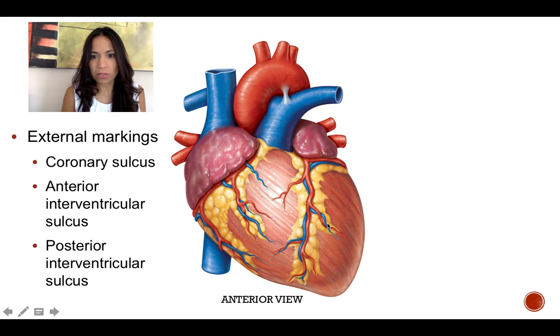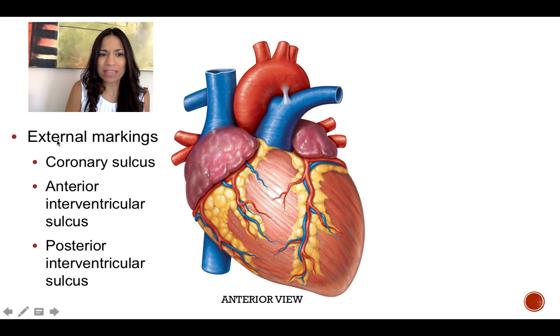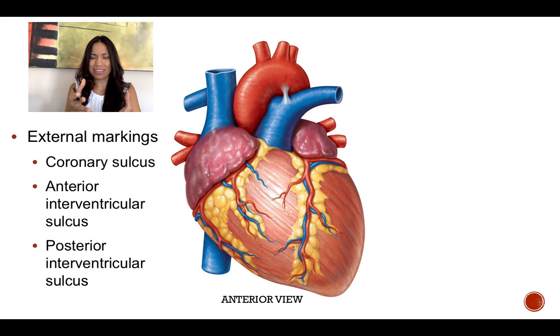you can see here the muscle, right? The myocardium, but you cannot see the epicardium in there, whatever. The thing is that we're going to see some landmarks or some external markings that let us know, with the heart like that, closed without being dissected, where the atria and where the ventricles are. Now,